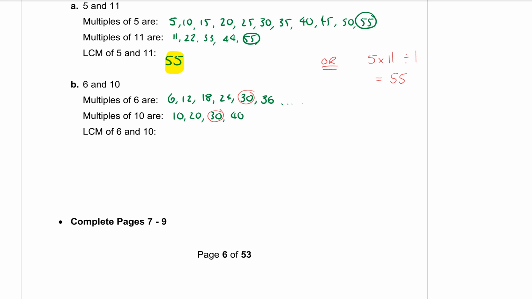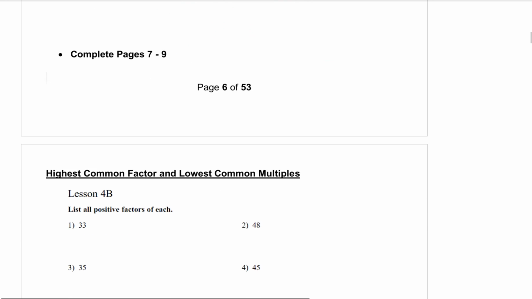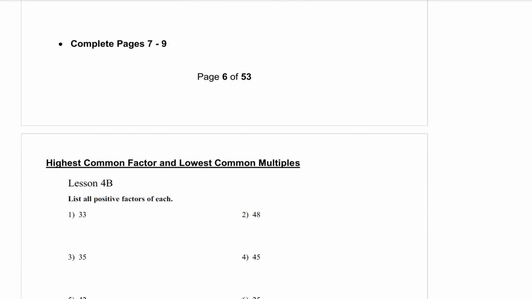So my lowest common multiple... It's every 30, that one. Yeah, but we only want the lowest one, so we can just stop at the 30. Very good. Okay, so that's it. That's what you're practicing today. So it says there you're doing pages 7 to 9. When it says list